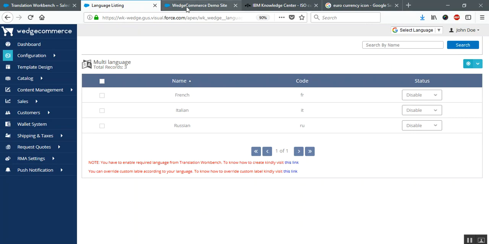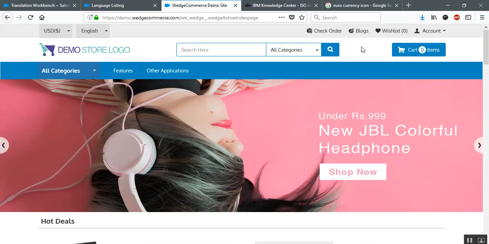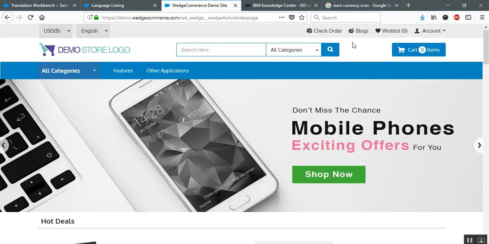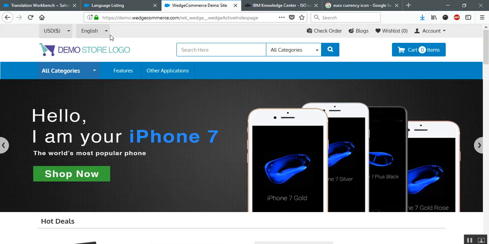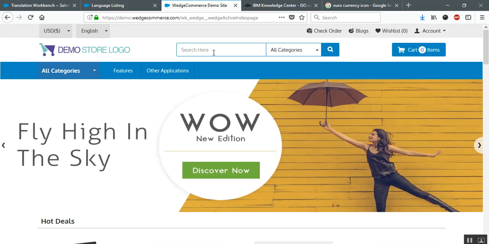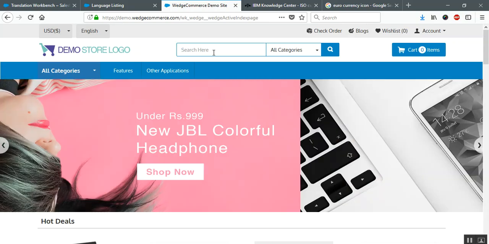The first one, taking the WedgeCommerce demo site over here, there are two things. One is static labels that you need to convert manually. They will provide you a list, and you need to go through those lists. Suppose you have an option over here as Search here. Once you convert it to French, you want to convert this Search here text into French. This is a static label which is not going to change if you don't configure it from the